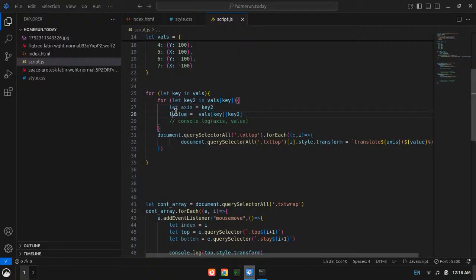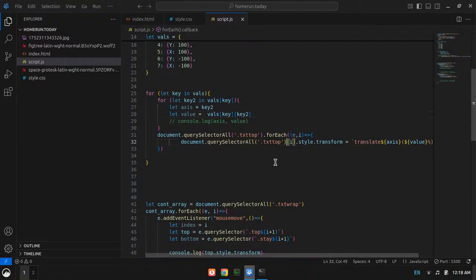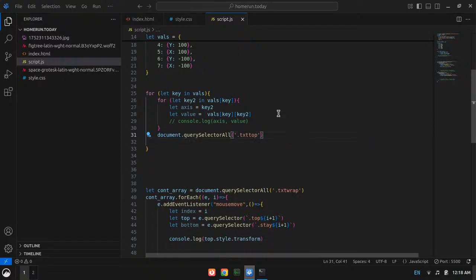So this loop is running for all of them. So yeah, it is not the thing.